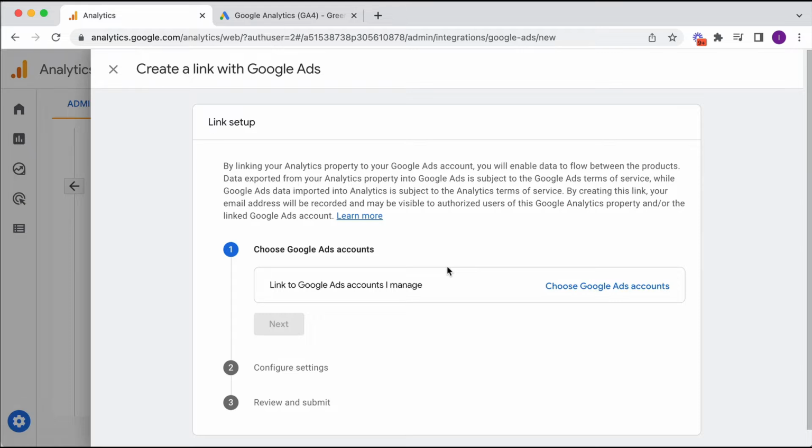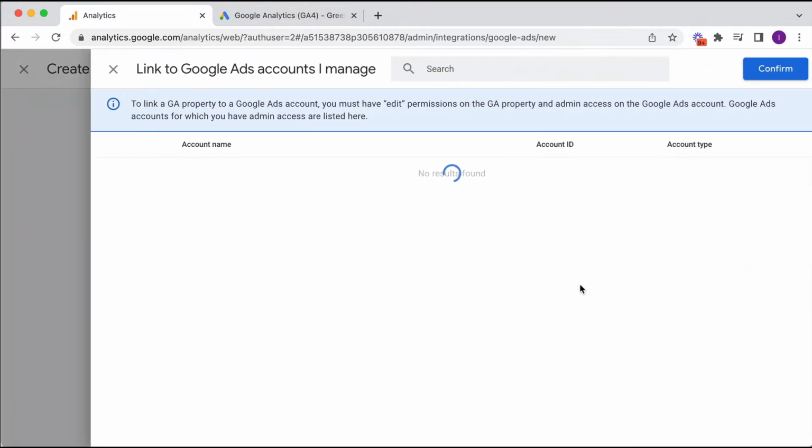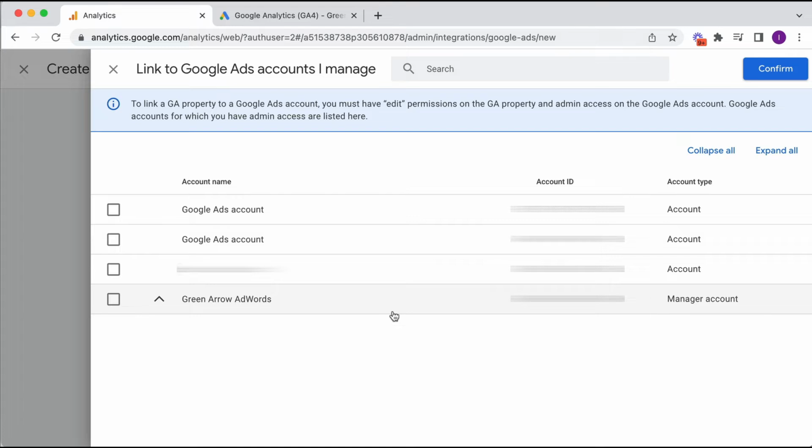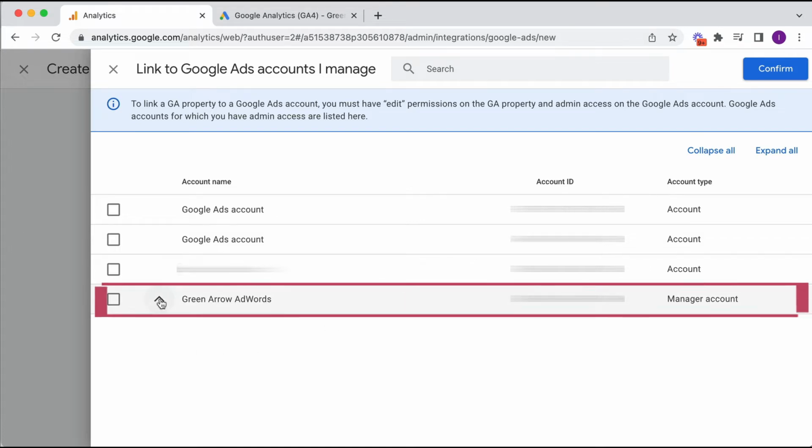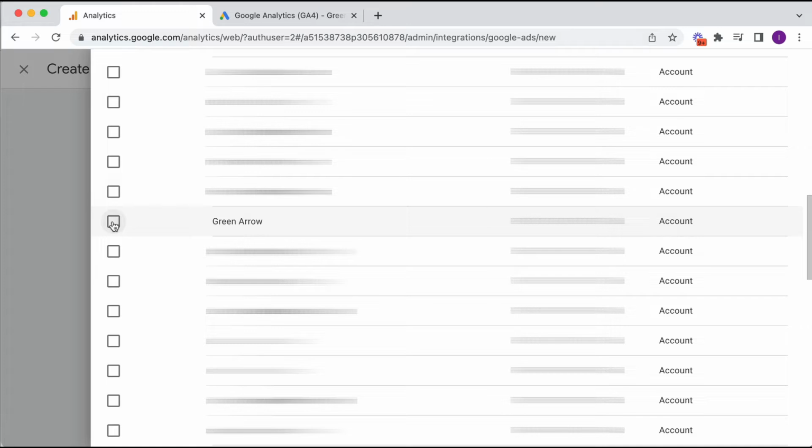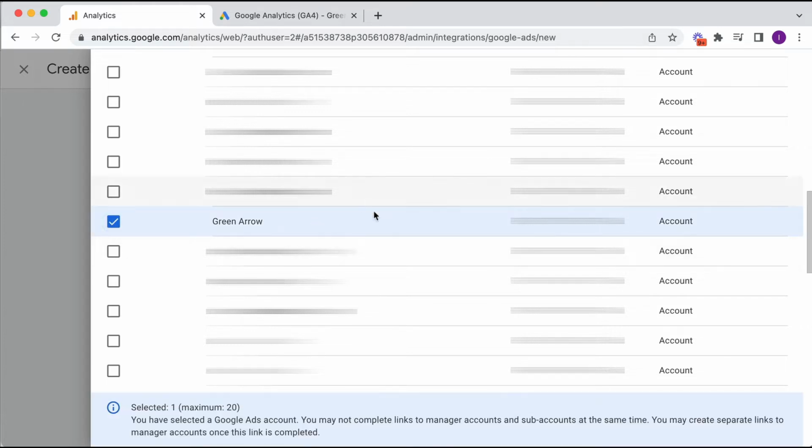It's worth mentioning here that the email address that we've used to log into GA4 needs to match the email address inside our Google ad account. Otherwise, Google's going to think it's a permissions issue, and we won't be able to link the accounts. Okay, so I click on choose Google ad account to choose the Google ad account to link to. And the account is in my manager account. So I click on this arrow, and I've scrolled down to where my account is that I want to link to. And I scroll back up,